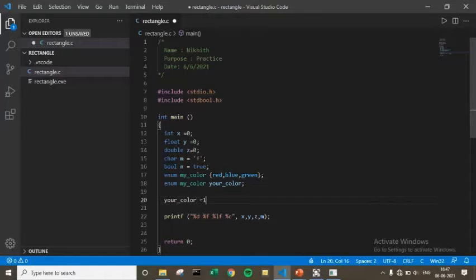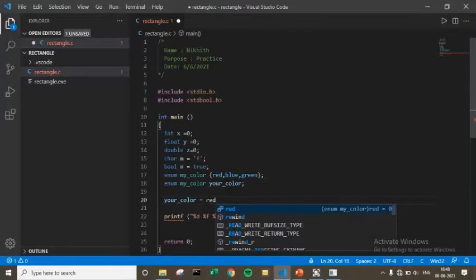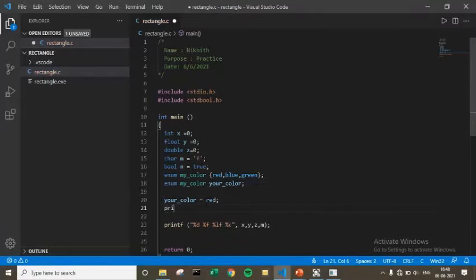If we try to assign it red and print it out, printf %d, because okay, let me explain %d later, your color.